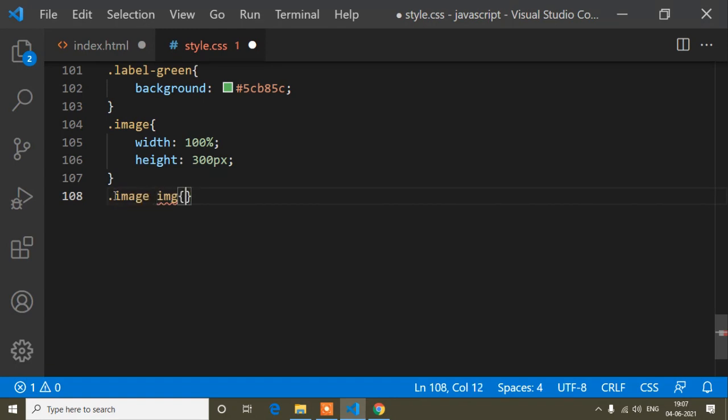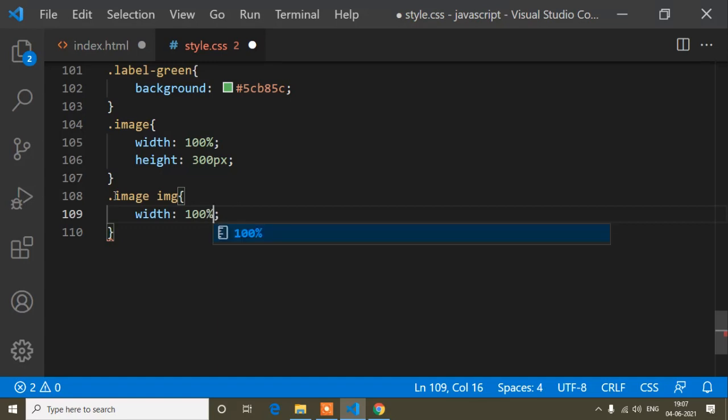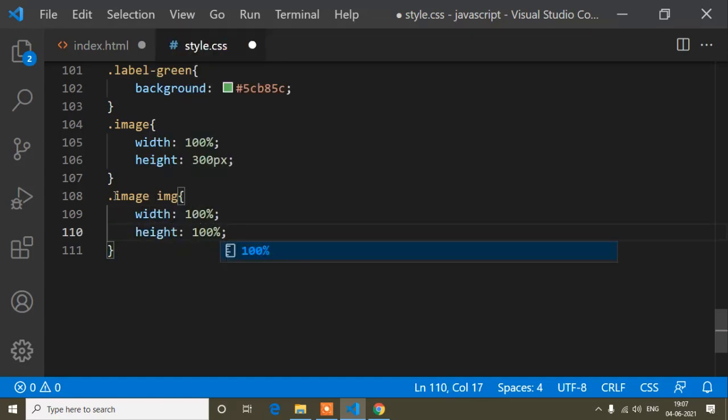And now I will set the width to 100% and the height also to 100%. So that means width 100% and height 100%. Here the parent class height is 300 pixels and the image tag's height is 100%.